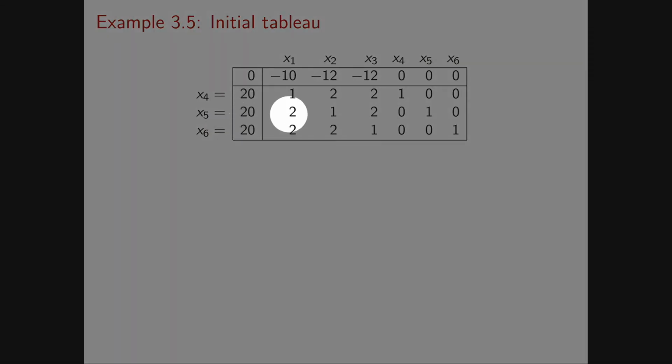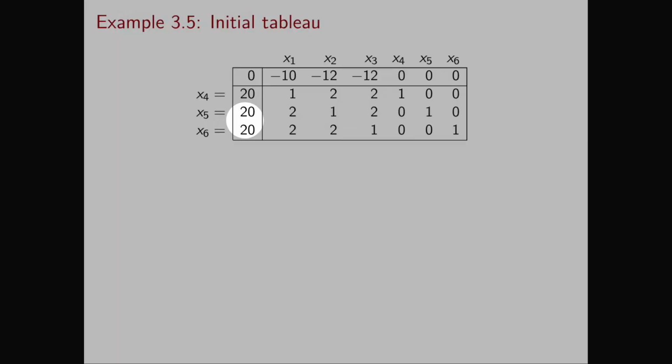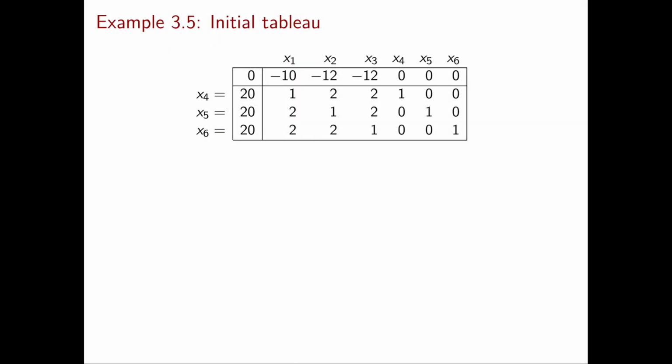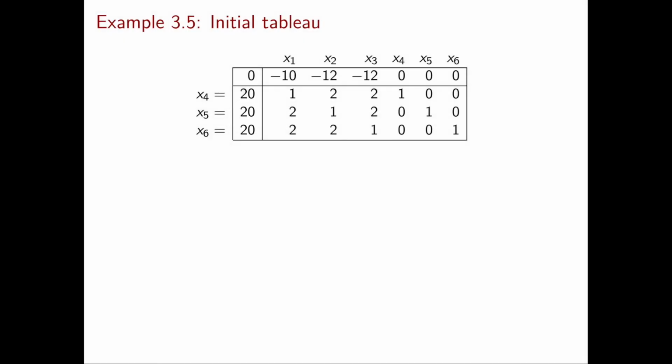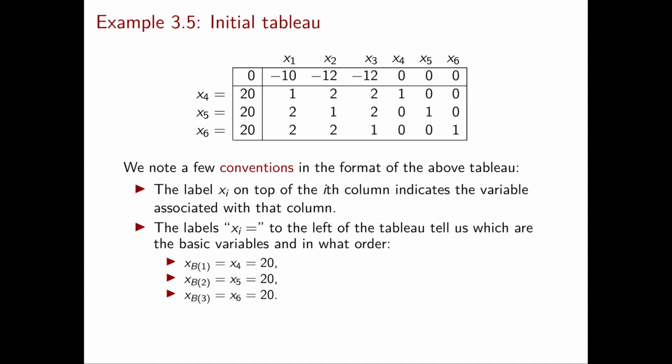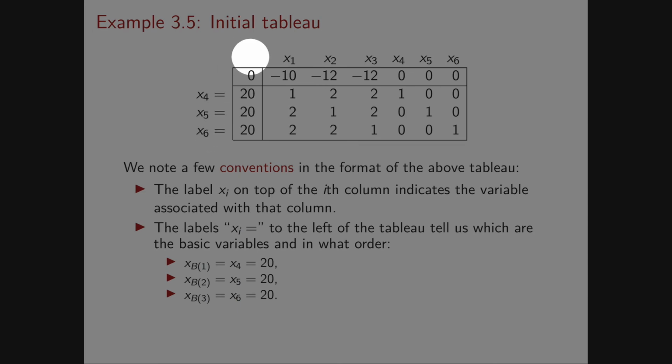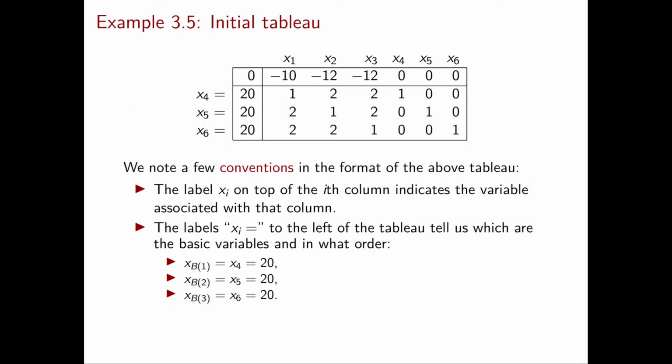And then in the remaining rows of the tableau, we have here capital B inverse times the right-hand side vector B. And once again, since B inverse is the identity, this is simply the right-hand side vector B. And then we have B inverse A, which again is simply equal to our constraint matrix A. As you can see in this initial tableau, I have added a few labels outside of the tableau, namely this x4, x5, x6, and this x1 until x6. These are labels that help us understand what's going on.